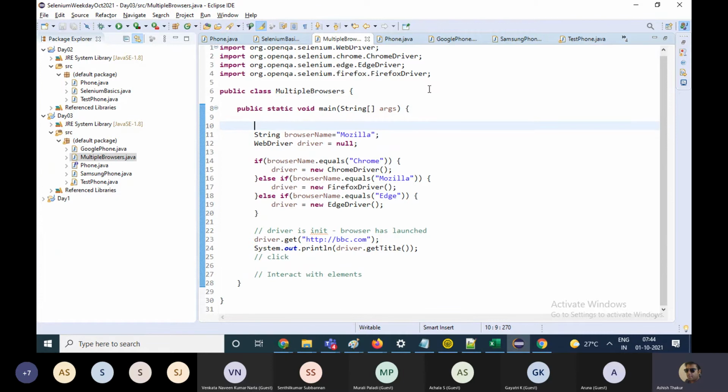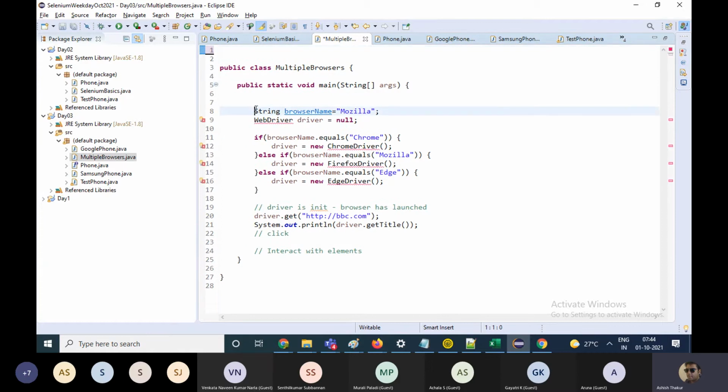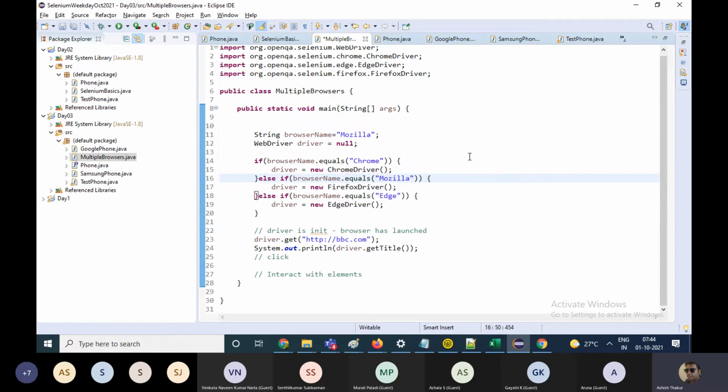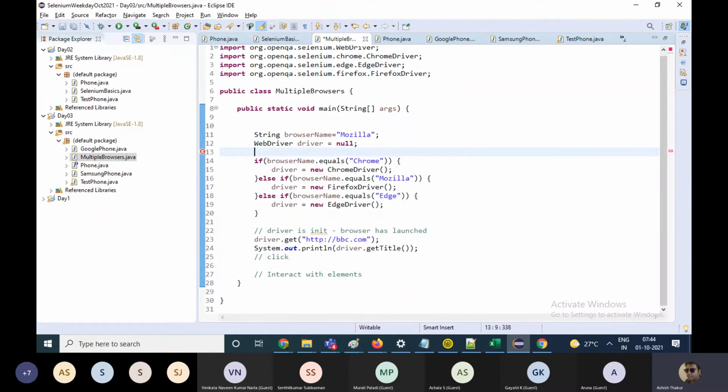Okay, so this is the thing. Sometimes you copy somebody else's code or you copy code from internet and you paste it over here and you have import errors, so you can hit Control Shift O of the keyboard and it comes up. Control space bar is for the completion. If I'm writing say CHR and hit Control space bar, it will give me all the classes starting with CHR. If I have a dot, for example, driver dot, if I place the cursor after the dot and hit Control space bar,